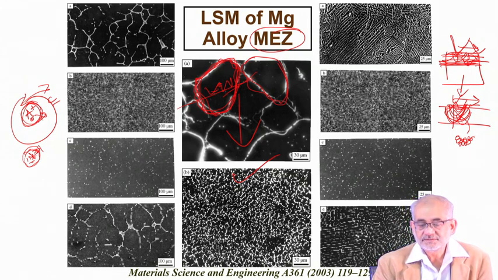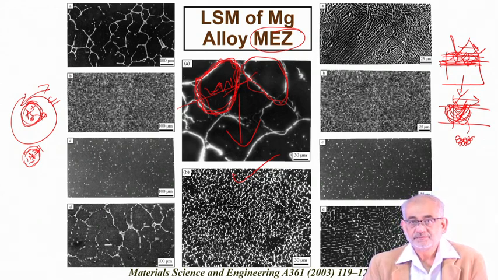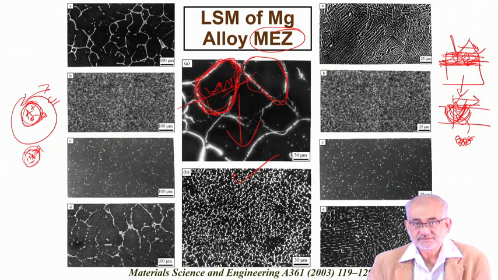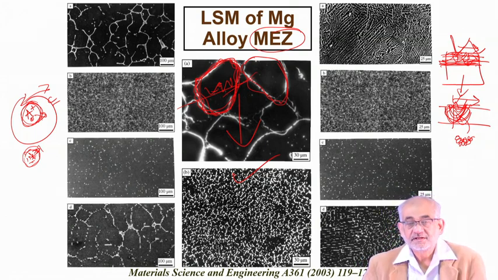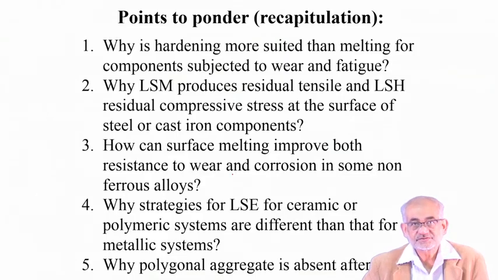And this strategy is applicable not just in magnesium alloys bearing certain rare earth elements, it can be true for all other non-ferrous systems which can be given very limited surface melting up to a certain depth, leading to ultrafine grain refinement, which in turn will give you very high wear resistance and also corrosion resistance. I mean, this is not universally possible, but certainly possible and can be extended to very many non-ferrous systems where martensitic transformation is not a possibility. So let's try and